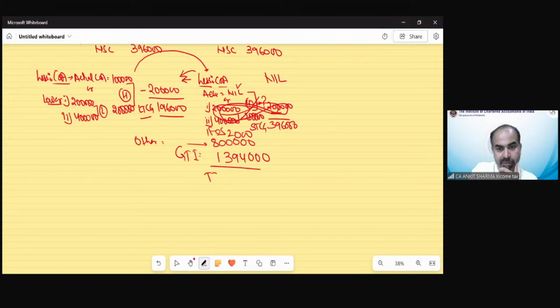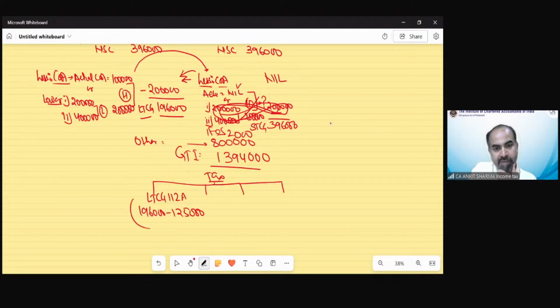So now for the purpose of tax calculation, I have to separate this GTI into separate parts as we have shown in the earlier capital gain provision. There is long-term capital gain under section 112 here and the value is 1,96,000. Out of this, you must have remembered that 1,25,000 is exempt. So the remaining balance is 71,000 for the purpose of taxability. Then we have short-term capital gain under section 111A, and that is 3,96,000. And then other income,